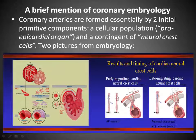One is the proepicardial organ, a group of cells that look like a grape in a very early human embryo. We're talking about the third week of development. A group of cells moves out of the liver parenchyma and from the parenchyma towards the back of the heart, which is now at the looping formation, and the initially naked heart myocardium becomes covered with these proepicardial organ cells